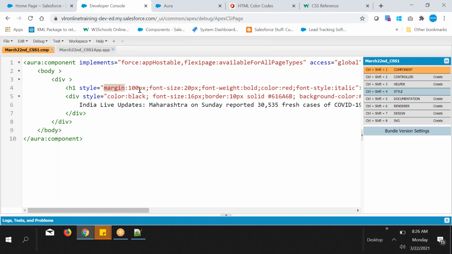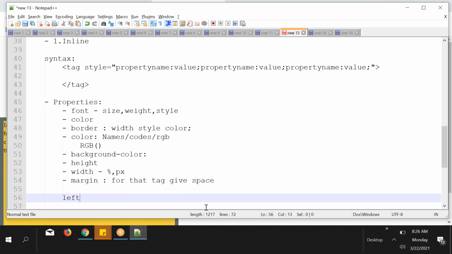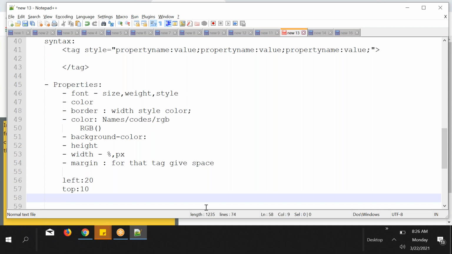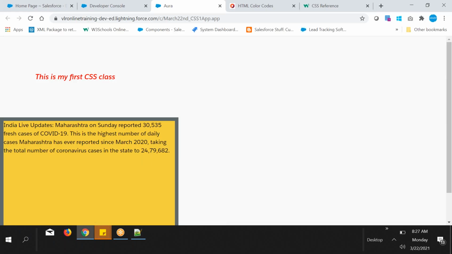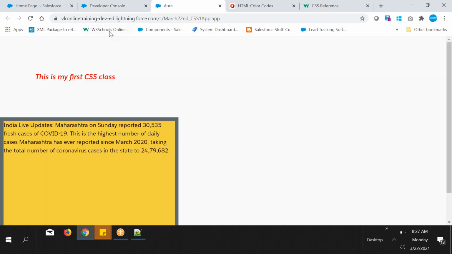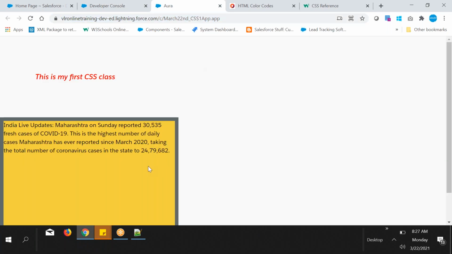And one more syntax is there for margin. Suppose I want to give top 10 pixels, right something, bottom 30 pixels, and left 20 pixels. The direction for margin is top, right, bottom, left, like a clock direction.